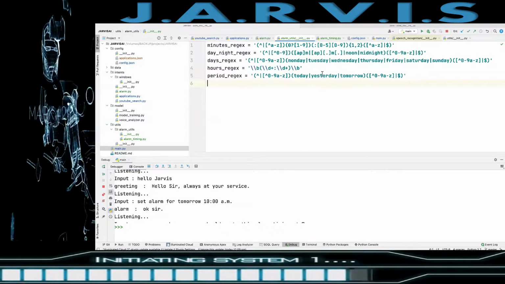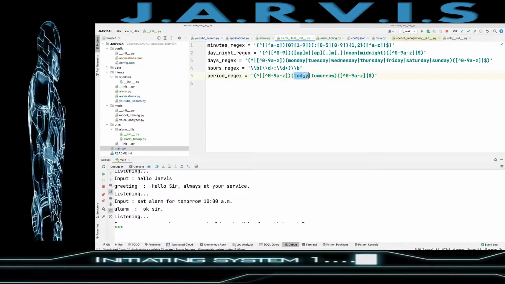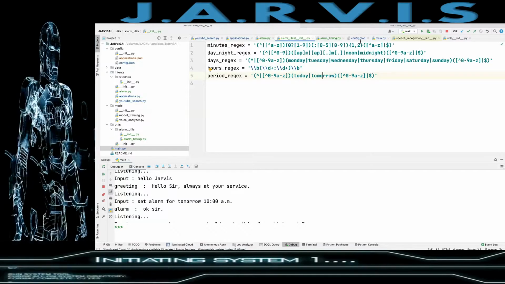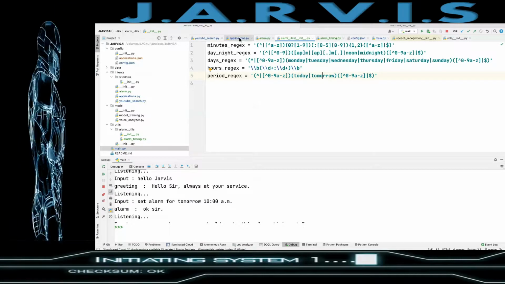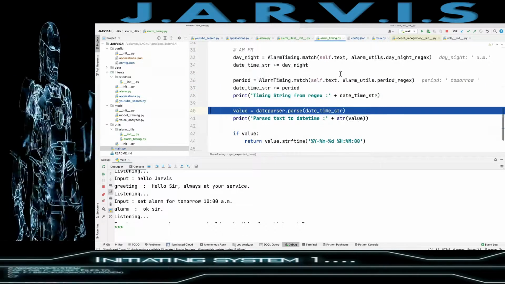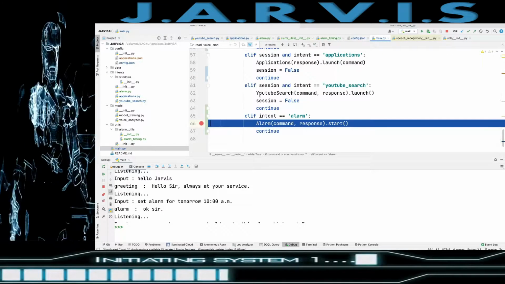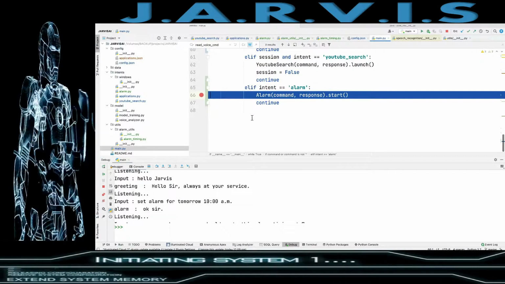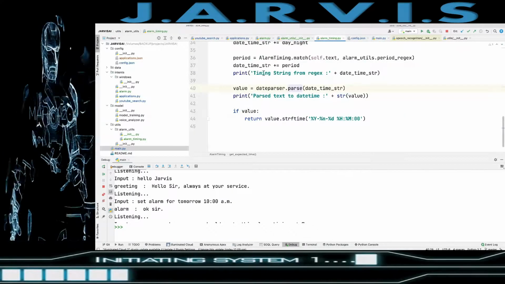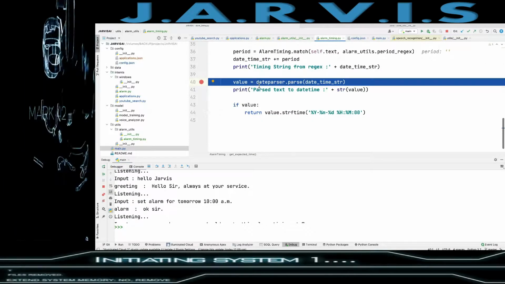here yesterday. Okay, so from here we should remove this yesterday, right? So today or tomorrow, and we can have day after tomorrow also. So it's just the logic of how you are going to handle it, right? So where is it, alarm timing, yes. So I have used this date parser. So here we will pass the datetime string. Okay, so let me go again here, right? F9, okay, F9, right?